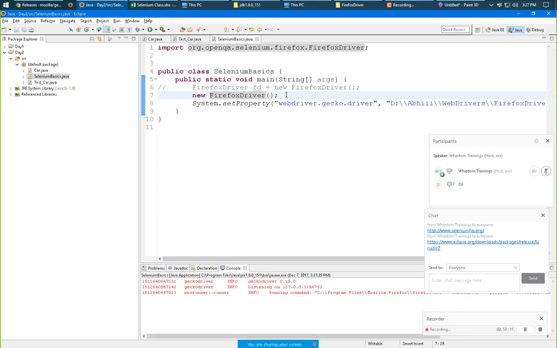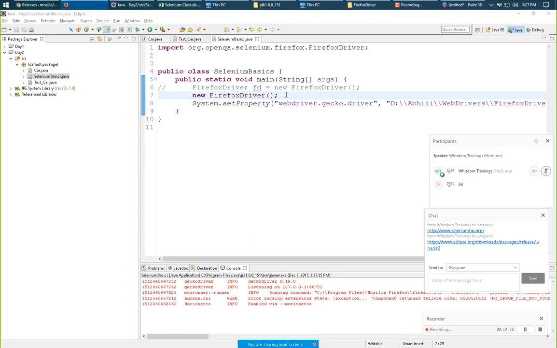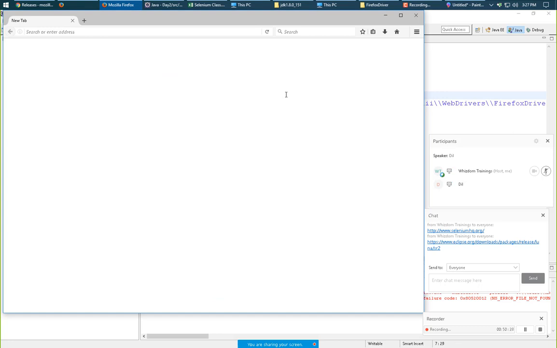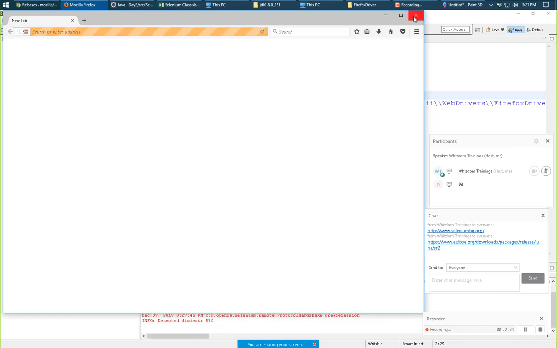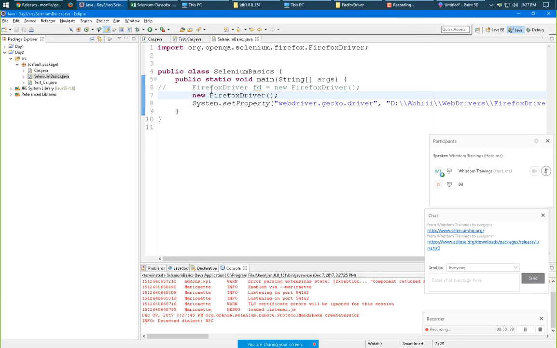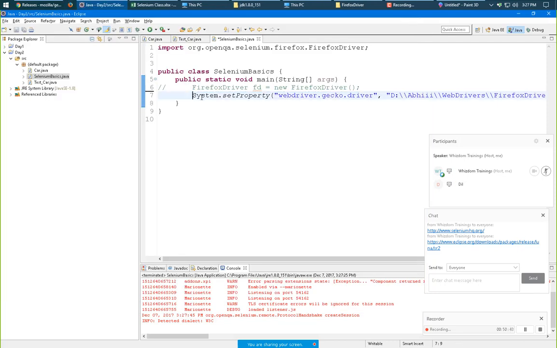And it opened the browser. There is no reference right now which will direct it to do other actions, but it started opening a new browser. See, the new window has opened. There is no pointer pointing to the object, but still the window got opened. So I'll delete this code and uncomment the earlier one.